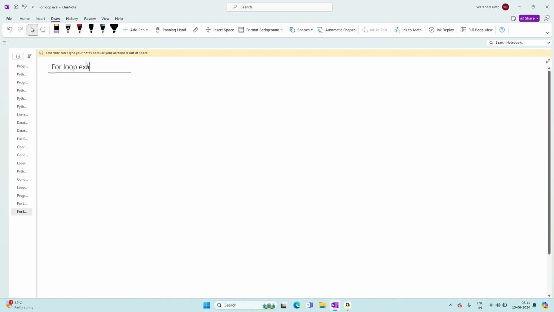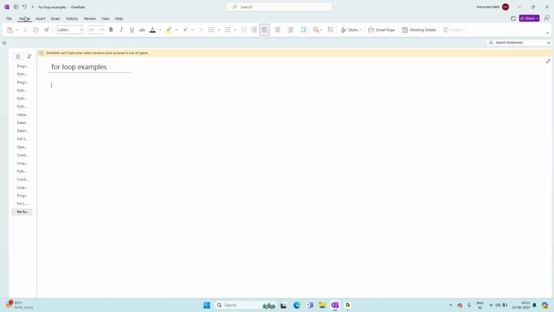So, for loop examples. When I'm talking about a for loop, what is a for loop? A for loop is a kind of loop which works on a collection of elements. Whenever I say collection of elements, I'm talking about a list or other such things. Now we will develop a program